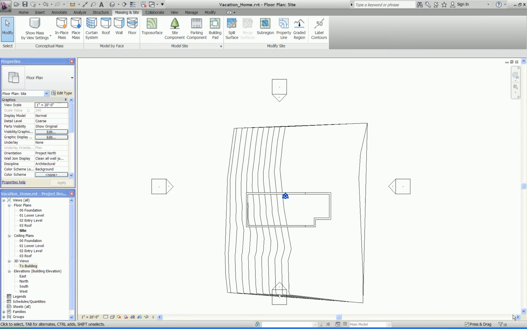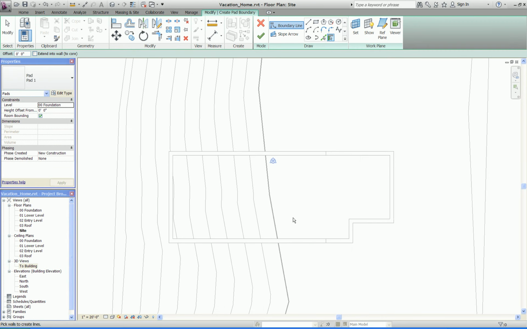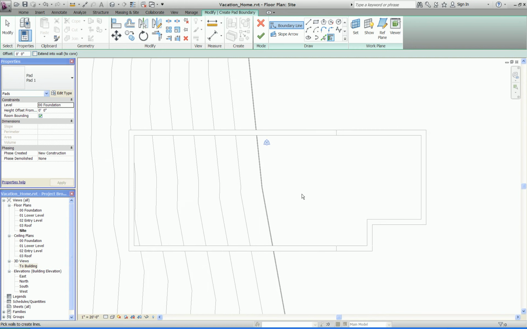We will now create a building pad surface for our vacation home. Under the Massing and Site tab, Model Site panel, we're going to select Building Pad. I'm going to zoom in a little closer so you can see it. And under the Draw panel, we're going to select Pick Lines so we can create our line off our